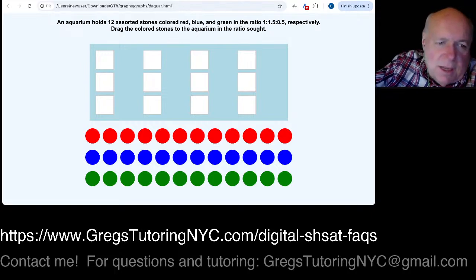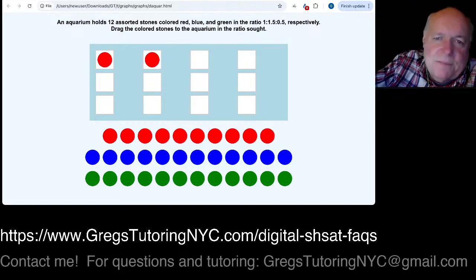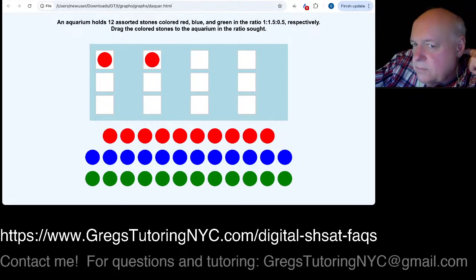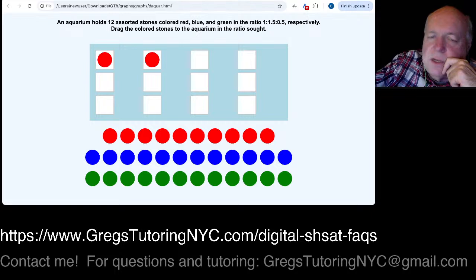So then we can start dragging these guys, right? But we need to get this right because look what it says. It's 1 to 1.5 to 0.5. So what we need to do is normalize the ratio to get rid of the fractions so we get whole numbers. And once we figure that out, then we can do this kind of thing, right? Because if we double each number there, we basically get 2 to 3 to 1. 2 to 3 to 1, right? That means there's 6 parts. 2 plus 3 plus 1 is 6 parts,